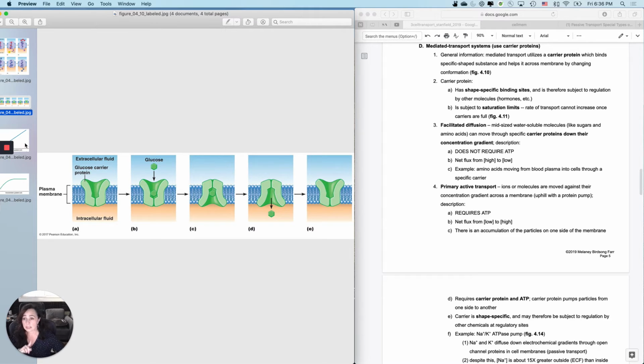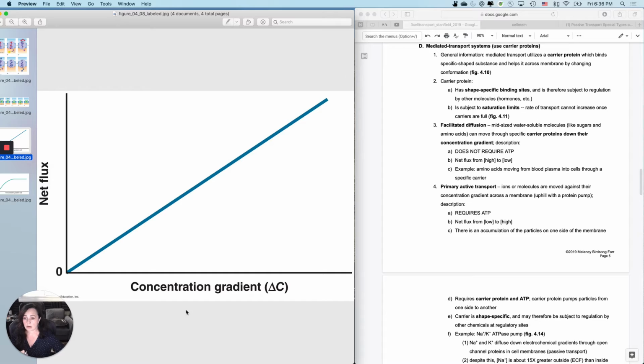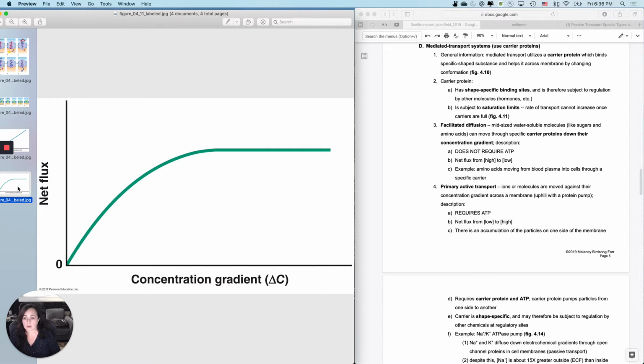So if you just looked at simple diffusion, not through a carrier, then there would be a pretty direct correlation between the concentration gradient and the net flux. So a higher concentration gradient would make it move faster, a lower concentration gradient would make it move more slowly. But what about diffusion through a carrier? What happens with diffusion through a carrier is that there's a direct correlation for a while. As the concentration gradient goes up, the net flux goes up. But then what happens here? What happens here